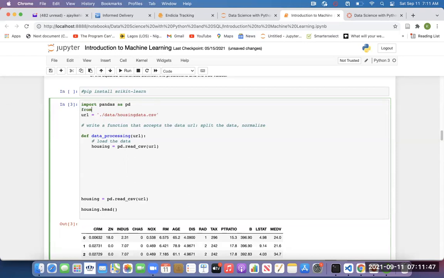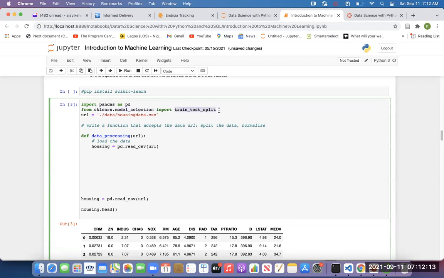So we'll do from scikit-learn model selection import, there is a function called train test split. So it's going to split the data. This is a function located in the model selection module in the scikit-learn package.